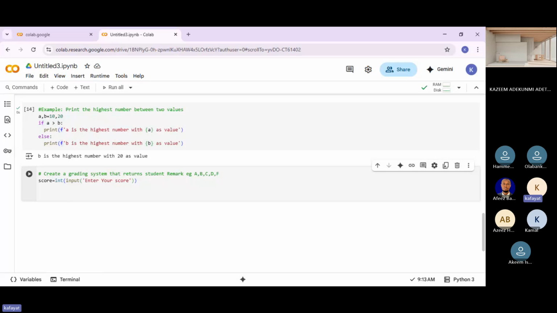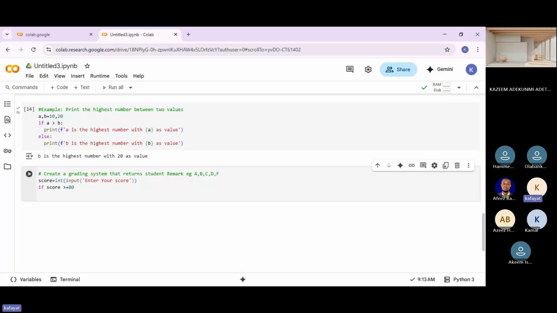So from here, I said if score is greater than or equals to, at what point did we say we have A, from 80? 70 is A. 70 and above. AI has made life easy now.